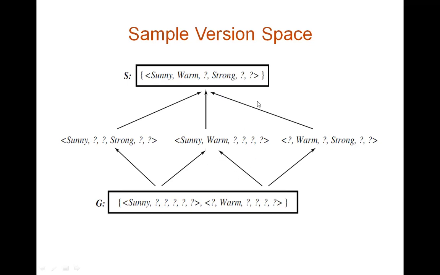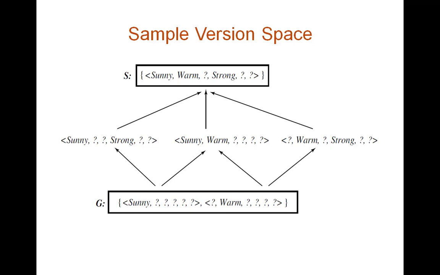To create the version space and get these hypotheses, we have one more algorithm called the candidate elimination algorithm. The aim of the candidate elimination algorithm is to create the version space. It will give us all the hypotheses that are consistent with the given training data. In Find-S, we were getting only one hypothesis, and we don't even know whether other hypotheses exist or not. That was the drawback of the Find-S algorithm. And it was not considering negative examples, only positive examples. So it was not a complete algorithm.